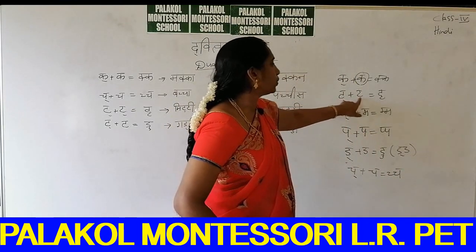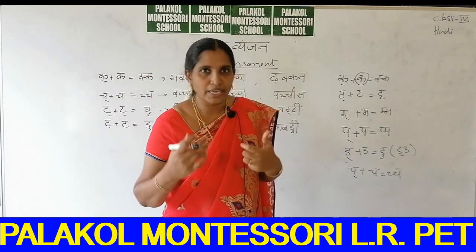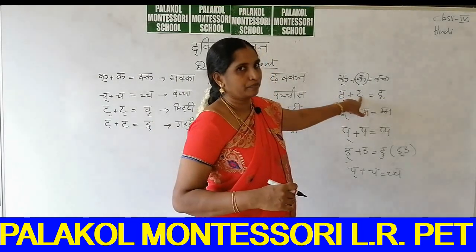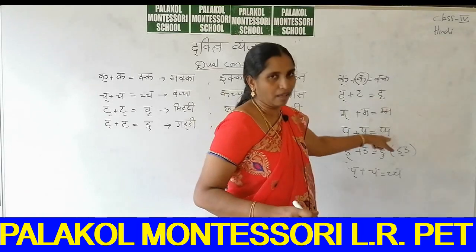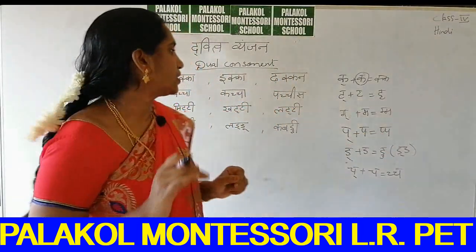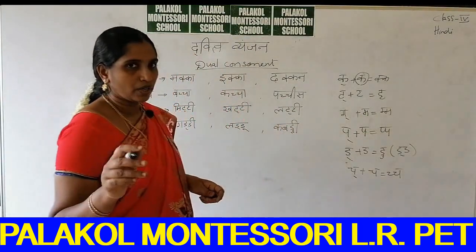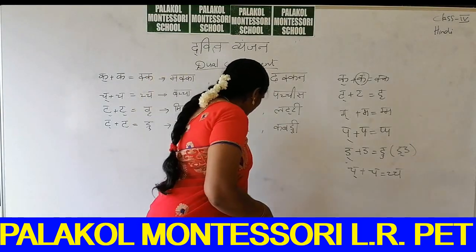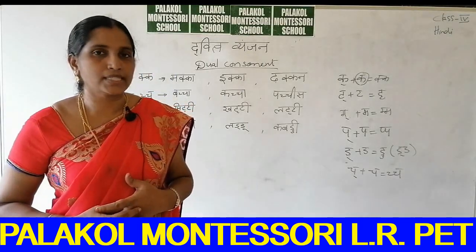Half ta plus full ta is equal to tta. When you are pronouncing it, you have to base it on the full letter, not the half. So ta plus ta is tta, da plus da is equal to dda, ra plus ra is equal to rra, pa plus pa is ppa. Like this you have to use letters. We will discuss how we are using these letters.